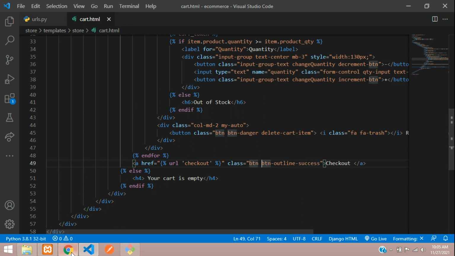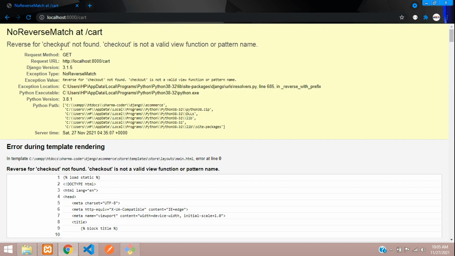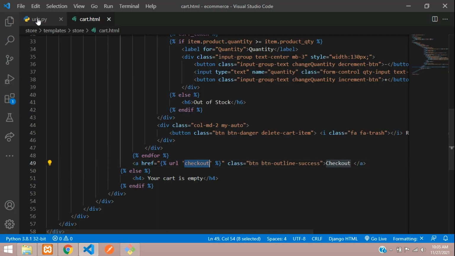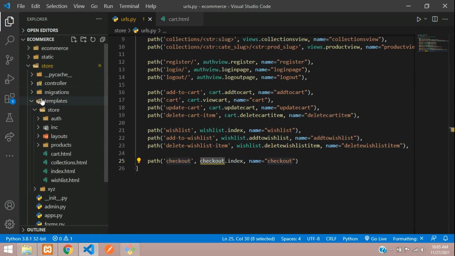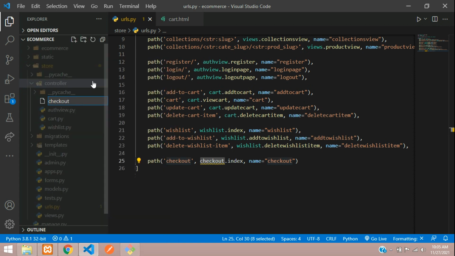So we'll just check that, refresh. Okay, so that URL is asking to create. So just create that, copy and create a path over here and say checkout.index and name equal to checkout. So we need to create this checkout file over here. So in our controller folder, we'll just create that new file checkout.py